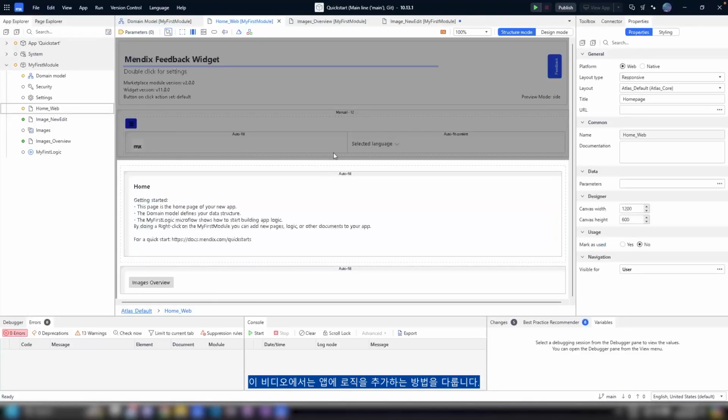In this video, you will cover adding logic to your app. You will learn how to use the different types of flows used in Mendix and extend our image library application with some custom logic. Let's create a microflow to validate the user has entered a detailed title and description for